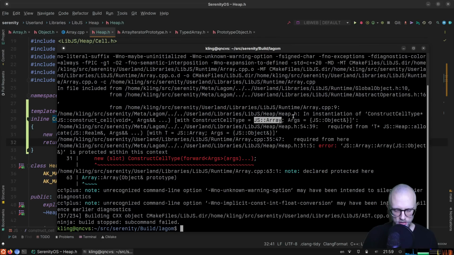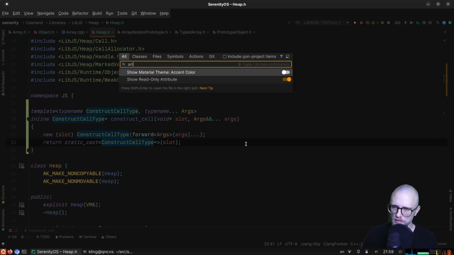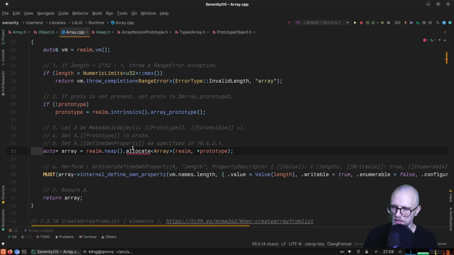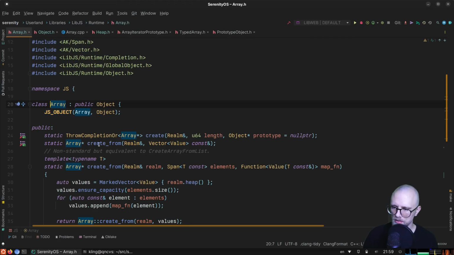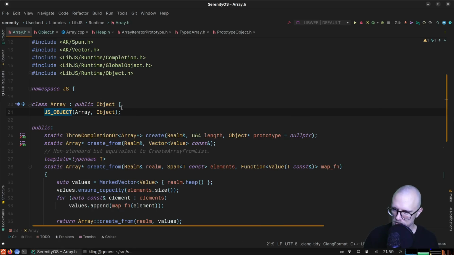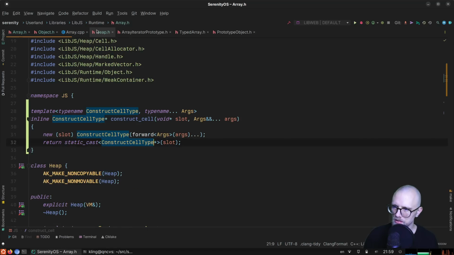Okay, so what thing am I looking at? This is array CPP. Line 35. So we're trying to allocate array, and array has the JS object macro. What does that expand to? You can hover here. clangd will tell us. It expands to friend construct cell. Okay, so it's possible. I don't know exactly why this doesn't work, but